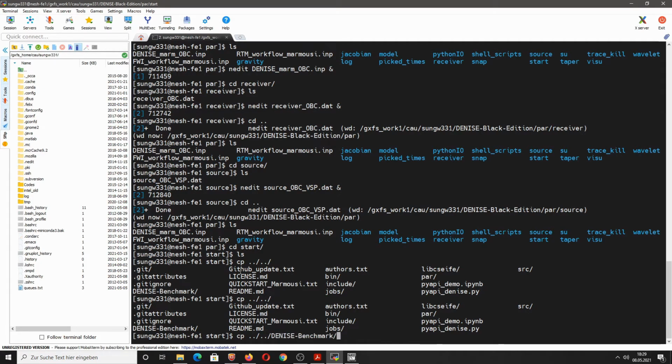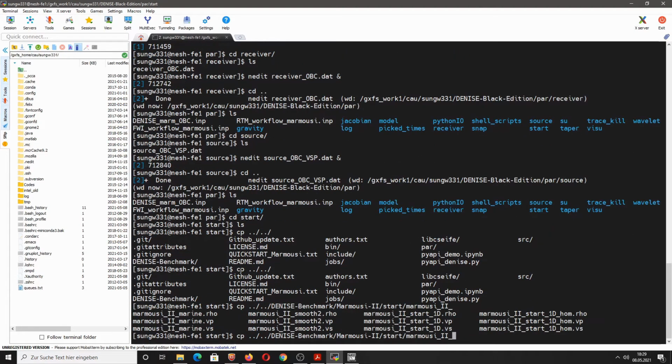So we will use Denise benchmark, then Marmousi2, start, and then we find here different models: Marmousi2 marine, Marmousi2 smooth 2, Marmousi2 start 1D, and Marmousi2 1D homogeneous. And we are now interested in this Marmousi2 marine, which is actually the true Marmousi model.